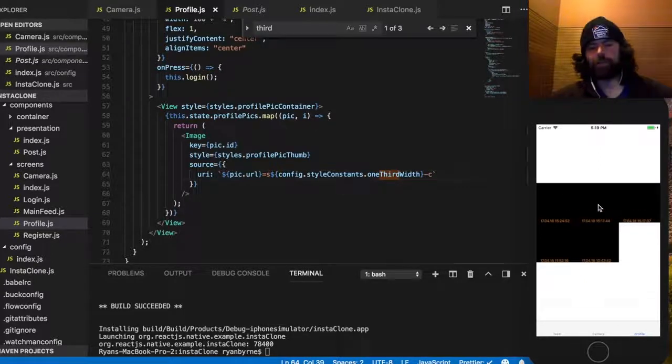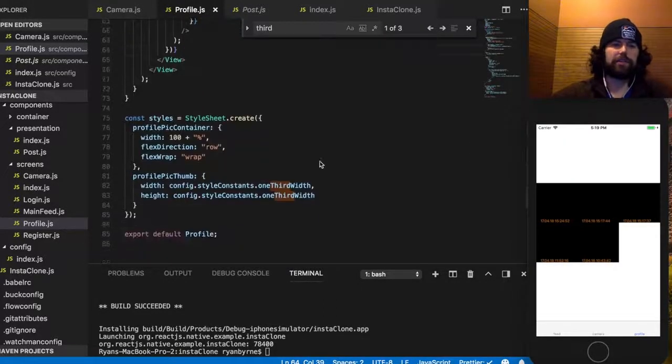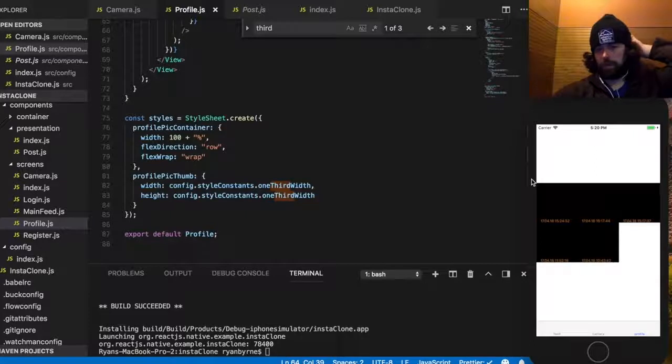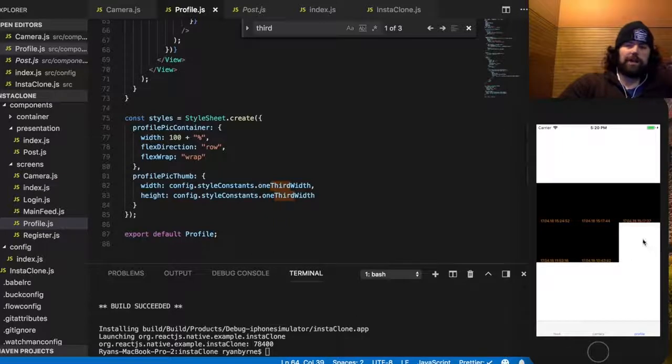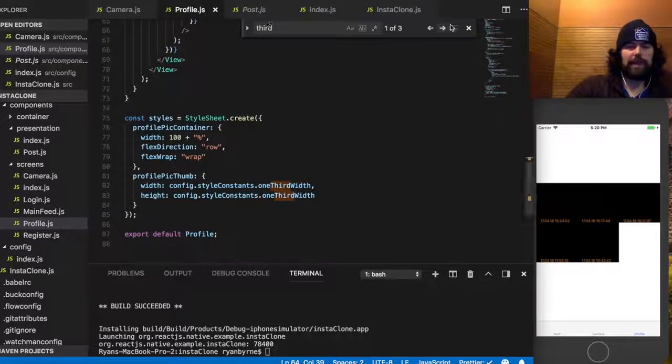All right, so there's our images, and again, they're now on the server. That's the important thing. We're getting them from the server at the exact size, and we're just rendering them at that same size. We don't want to do too much image resizing locally. There's no need to stress the phone. So now what we want to do is when we take this picture here, we want this to automatically be in our profile. So if I jump back to our camera,